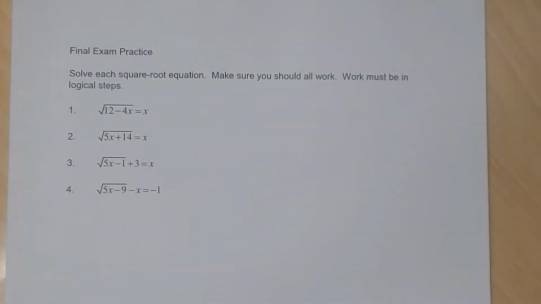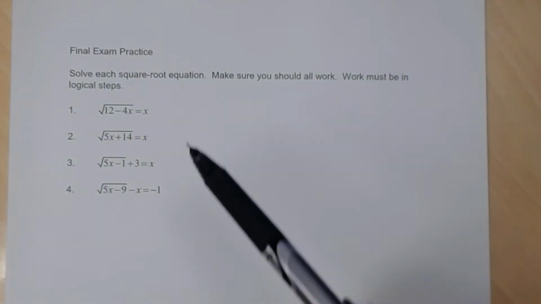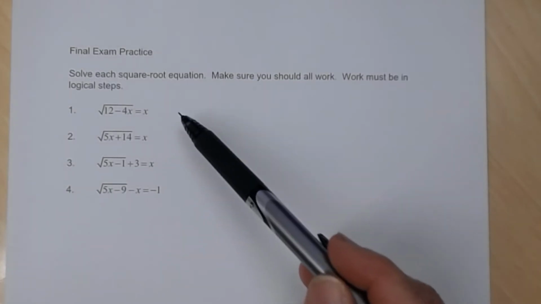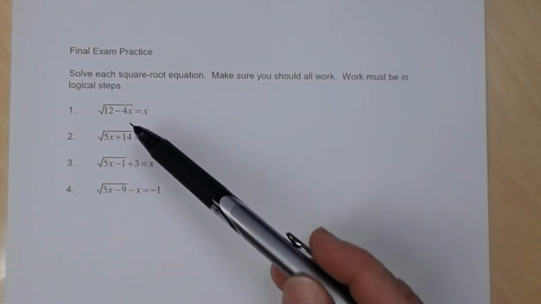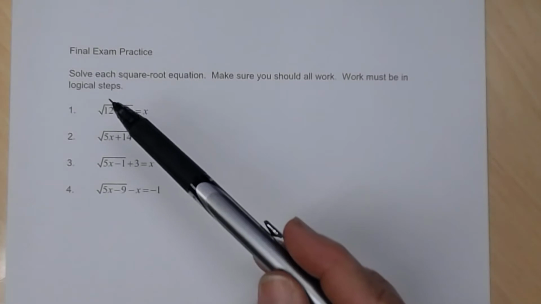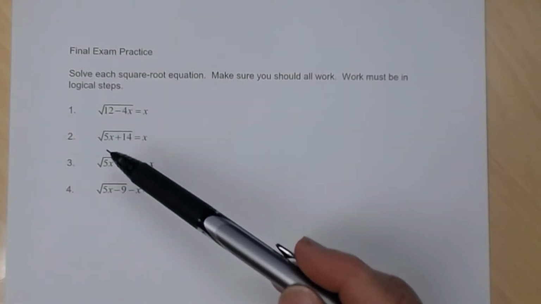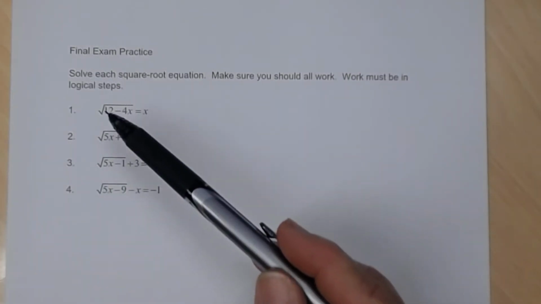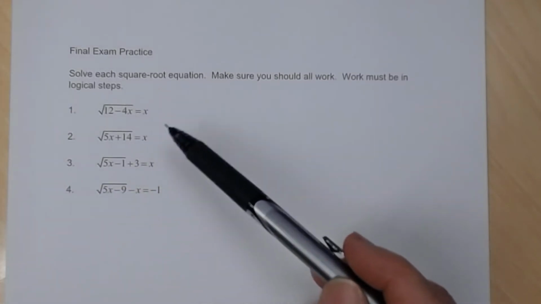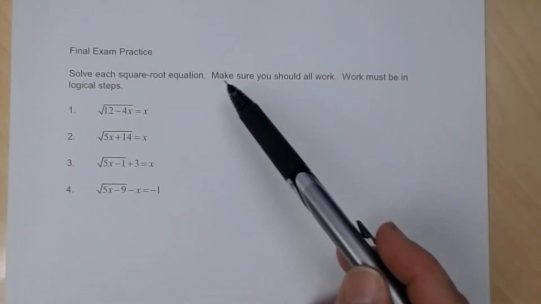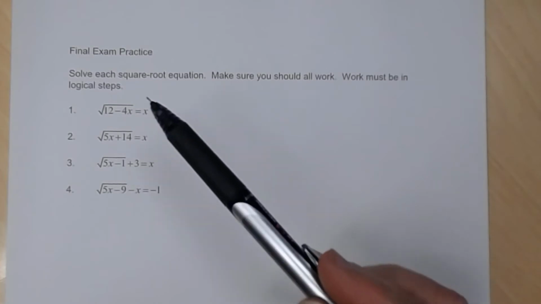Okay, so on these four problems, you were to solve each square root equation. So these are radical equations. In particular, they're square roots, so the indices for each of these radicals is 2. Now, to solve a square root equation, or to solve a radical equation, the procedure is to